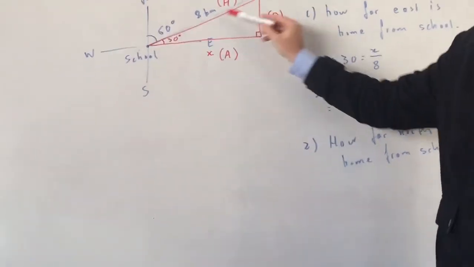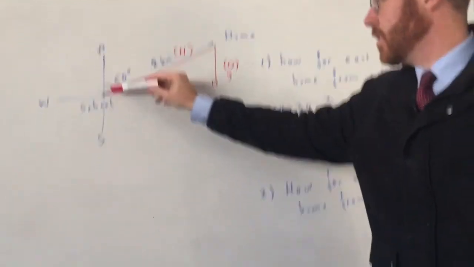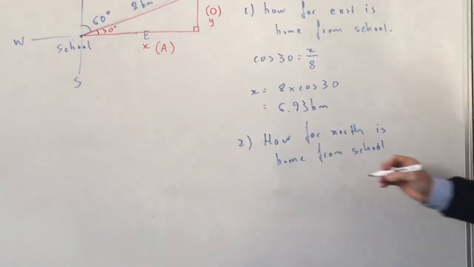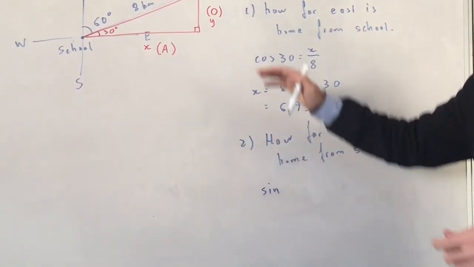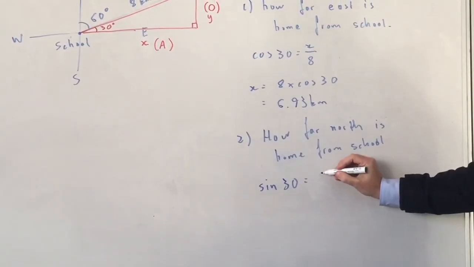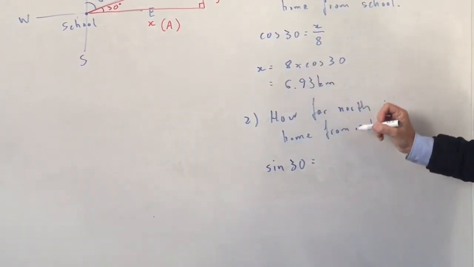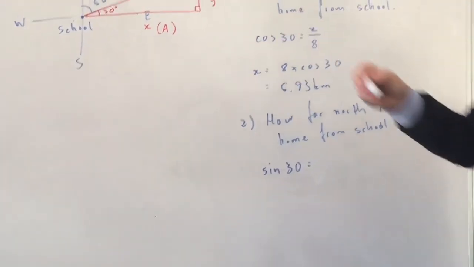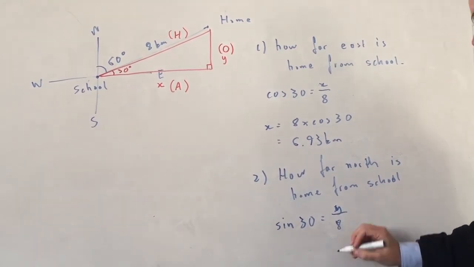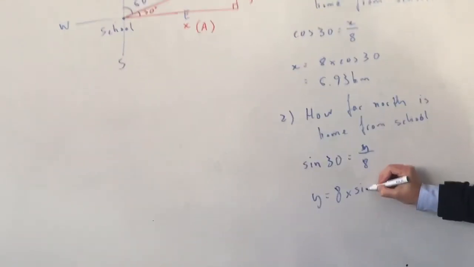Because if we look at this triangle here, the opposite length is the distance north we've travelled, and the adjacent distance is the distance east you've moved. So to figure out the opposite, could you use either O or A? You'd probably use the hypotenuse. In this case the difference is we'd use the sine rule. But either would work. If you used tan, you'd have to use that measurement, so it's better to use the one that's already given to us because we're not rounding. So that's sine 30 equals y over 8, and then that vertical distance equals 8 times sine 30